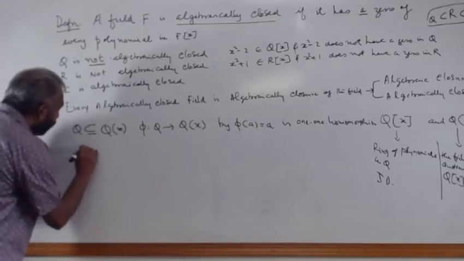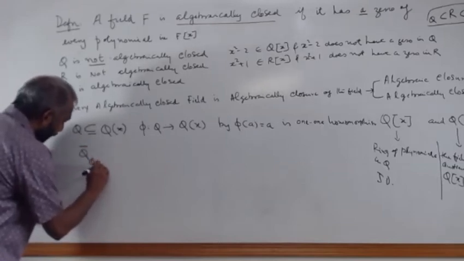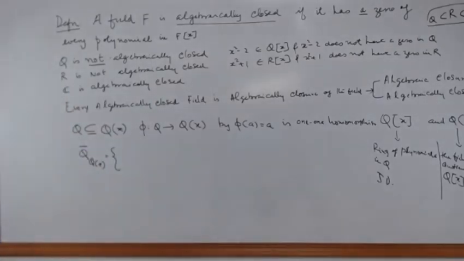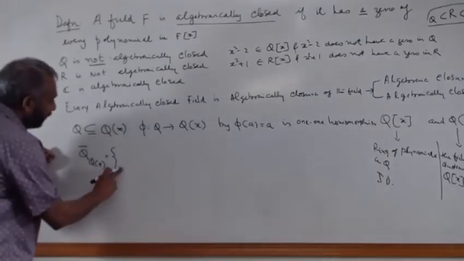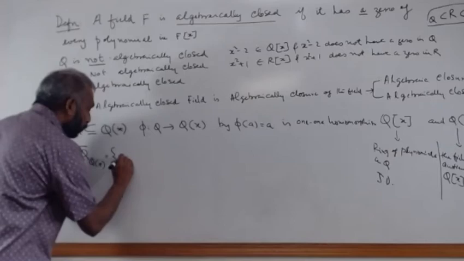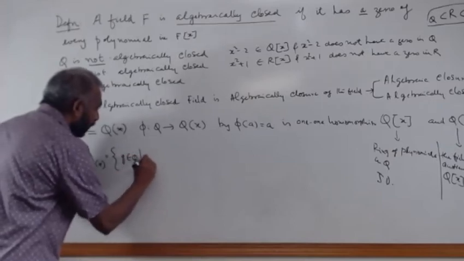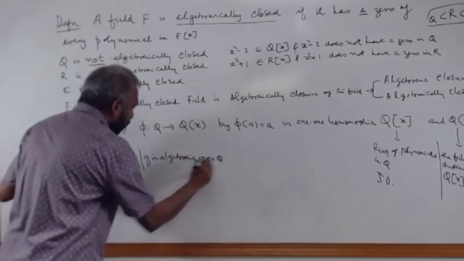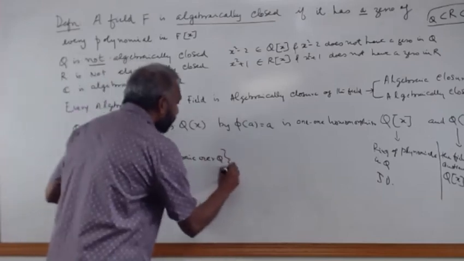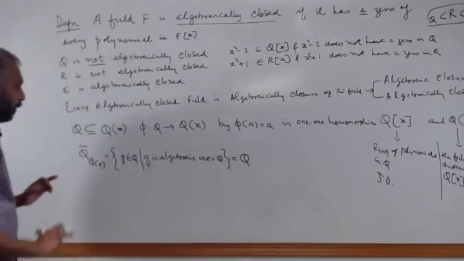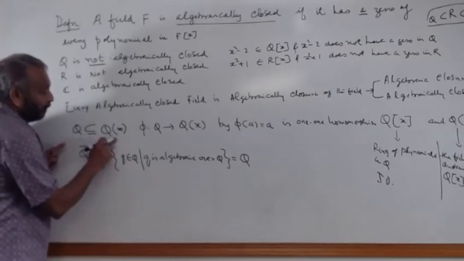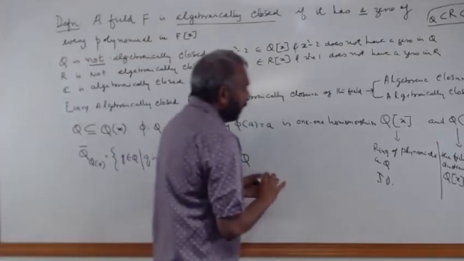the closure of Q over Q of x, this is actually the elements from Q that is algebraic over Q. And this is nothing but Q itself. Because root 2 cannot be considered here, because root 2 does not belong here. See this,